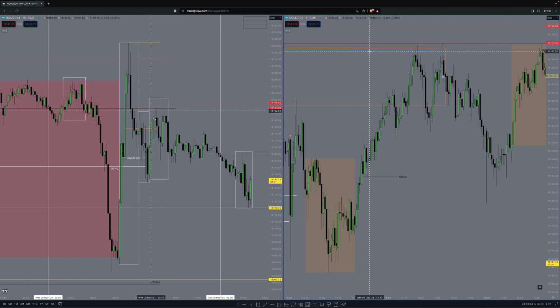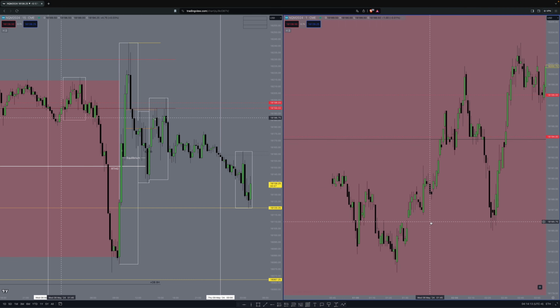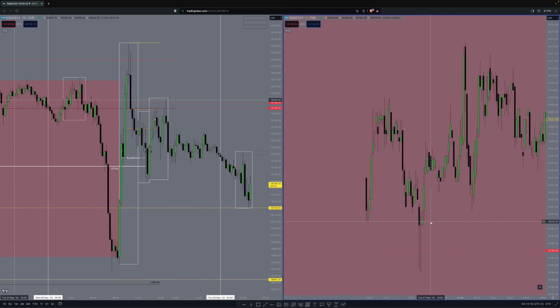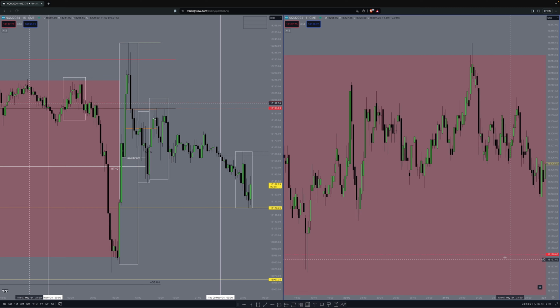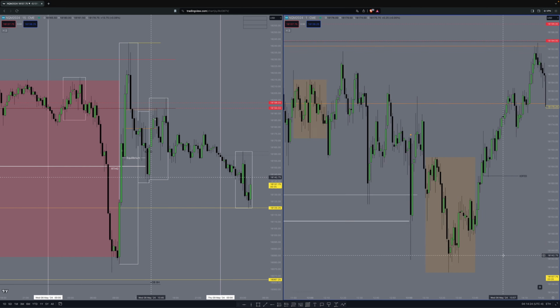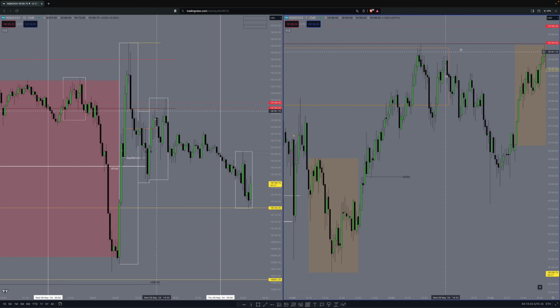Okay, and what we have here, maybe it's not that clear to see, but we have these 2 red dashed lines. What is this? This is the new day opening gap. Wait, let me show you. Here, boom, new day opening gap. And as you can see, we also traded that to the tick.